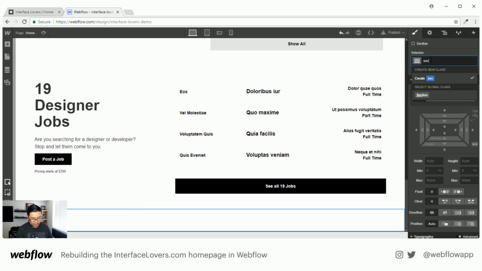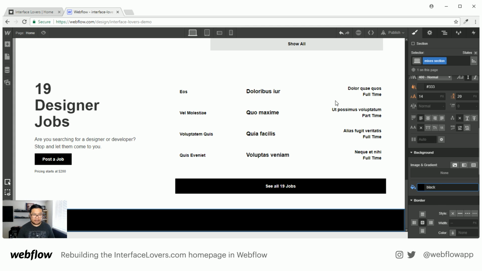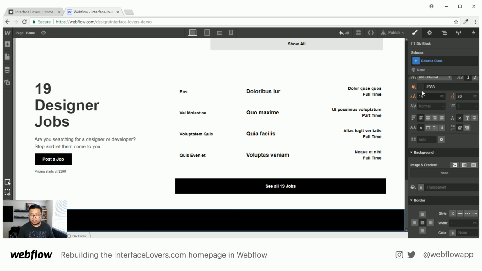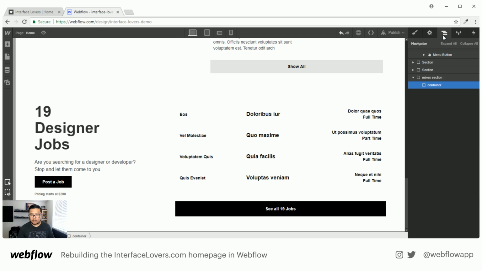Alright, this one is section. Actually, no, this is going to be mixes section. We'll just call it mixes section. The reason why is because I don't want the top and bottom padding, because this one is going to be black. And inside of here we have another div block, and this one's going to be called container. And see here, this container,